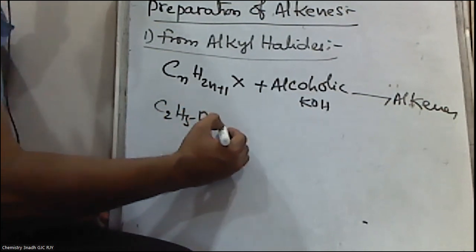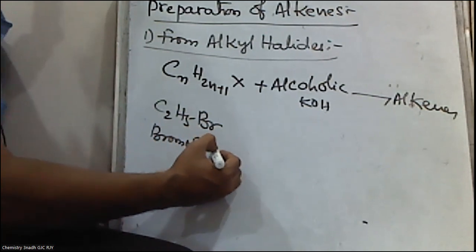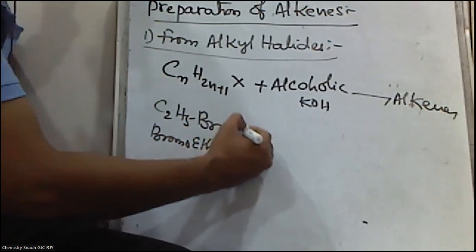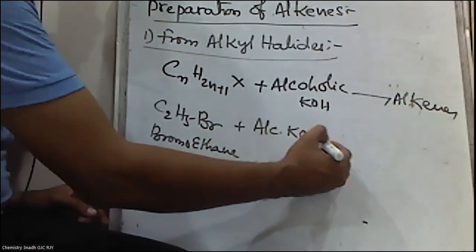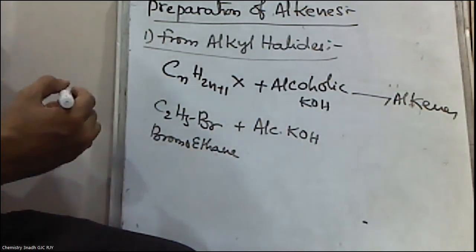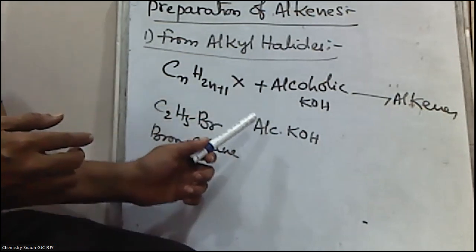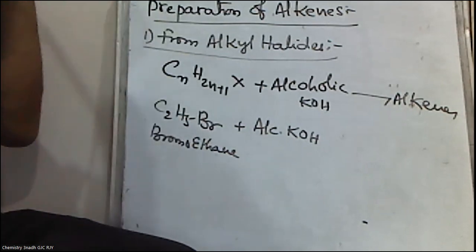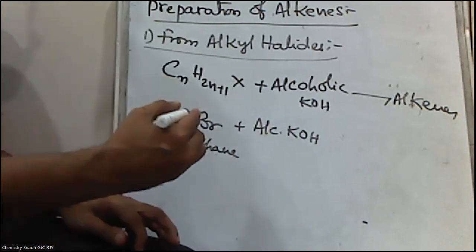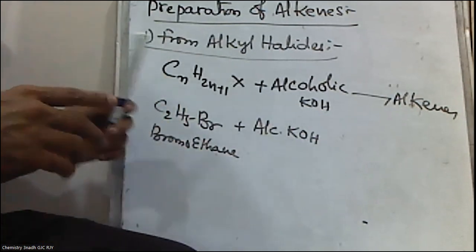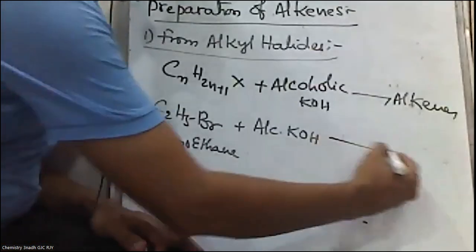C2H5Br, so this is called bromoethane or ethyl bromide. When treated with alcoholic KOH, alcoholic KOH or alcoholic NaOH means: if KOH is dissolved in water, it is called aqueous KOH. If it is dissolved in alcohol, it is called alcoholic KOH. When alkyl halides are treated with alcoholic KOH, here